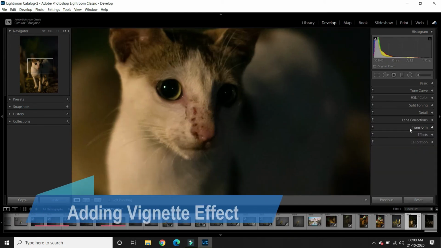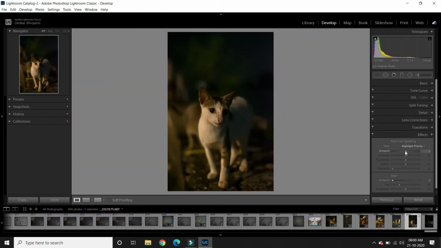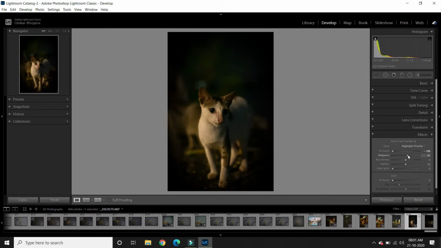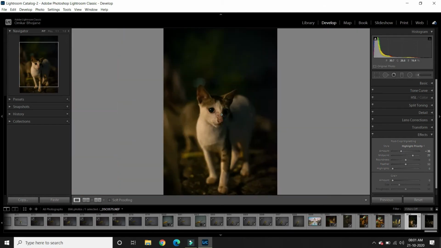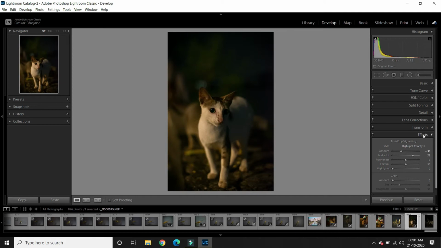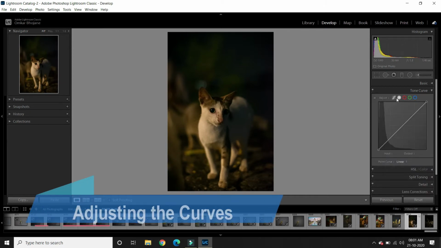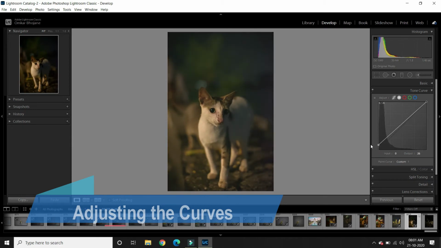Now the vignette effect. And then I'll adjust the curves.